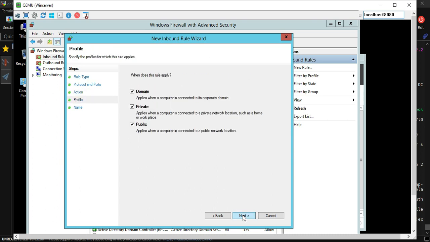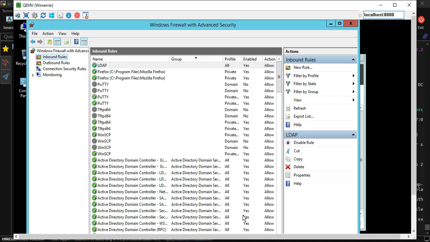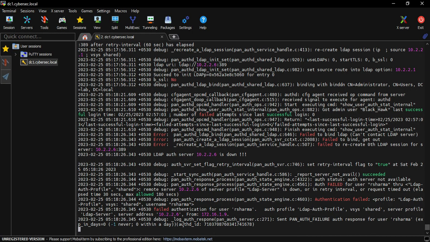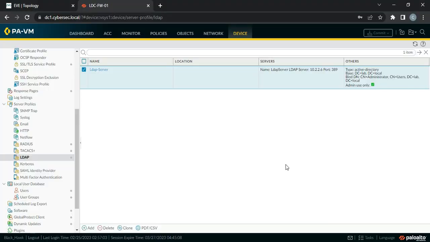Next, allow the connection. Next, LDAP, finish. Let's try again because now password is correct. So